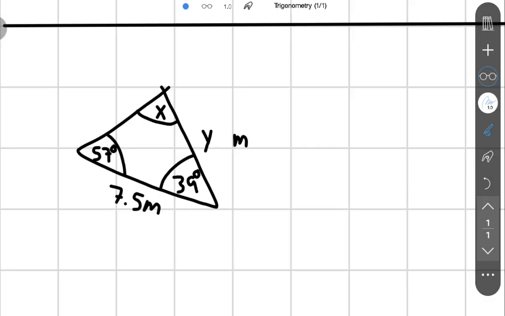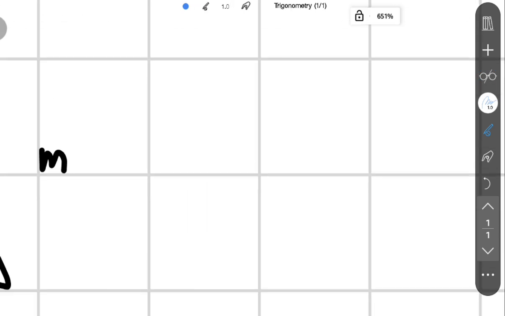Okay, let's analyze this triangle and see what we're dealing with. We have two missing values, an angle and a side, angle x and side y. And angle x is very easy to calculate, since we know that all the angles in a triangle add up to 180. So we can just say that x